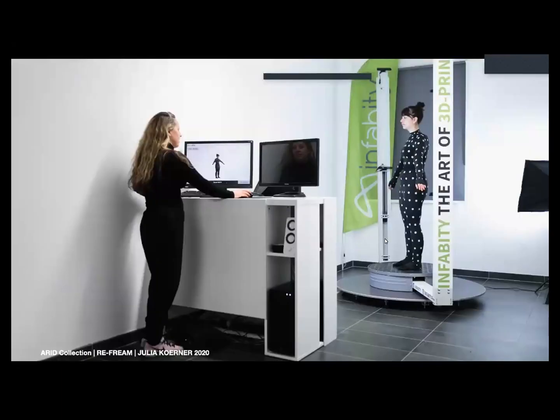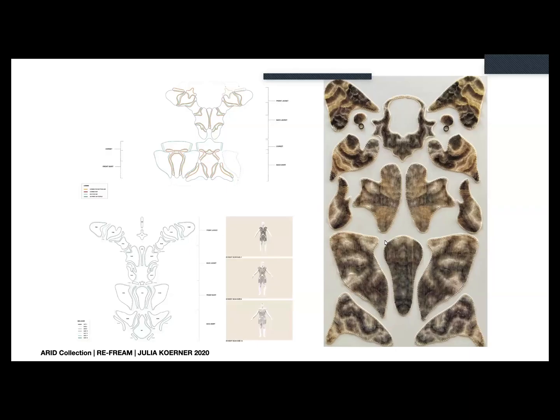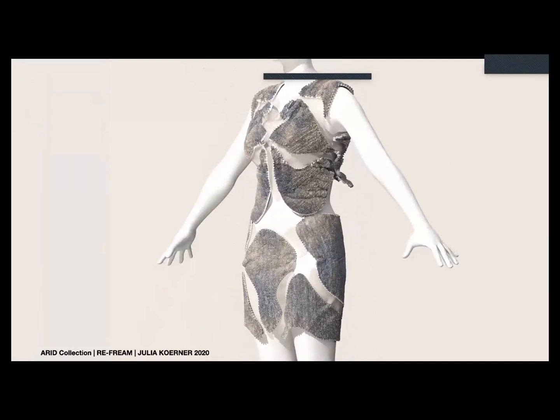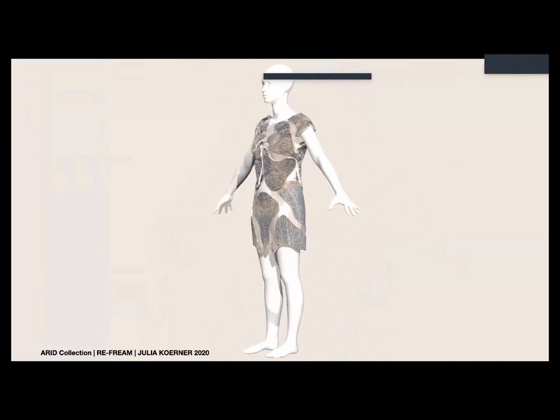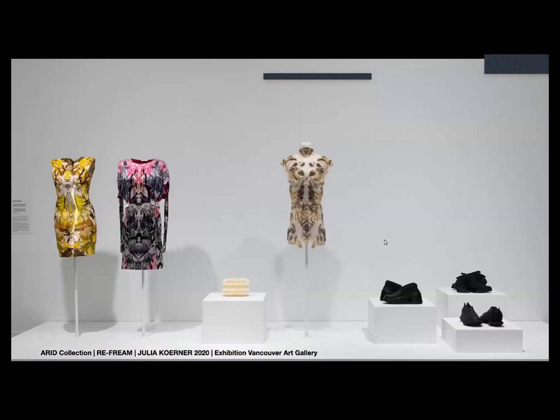directions. We also did some 3D scanning in this project and then developed a digital workflow which can map the 39 pieces which the dress is made of directly onto the body. Which is not an easy thing because you have to use mesh relaxation technology to simulate how the fabric performs. And you have to create a 3D model to visualize how the dress is going to look. Then you have to unroll the surfaces, figure out how to 3D print it flat onto the fabric, and later on put it together and assemble it again in third dimension.